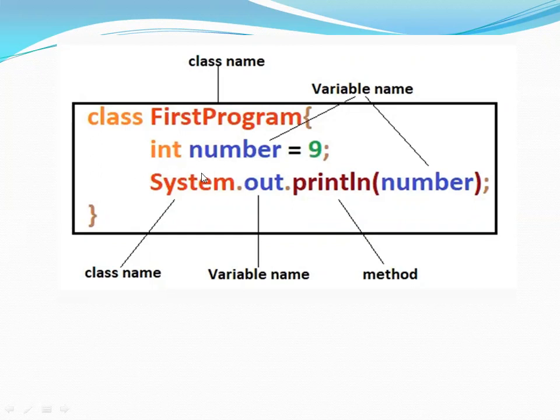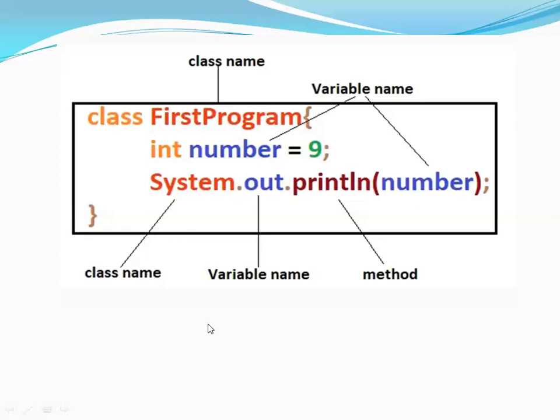So a variable should have a type of data. A variable can hold a string, a string-number combination, special characters, whatever we want to define. So the variable definition is data type and variable name.